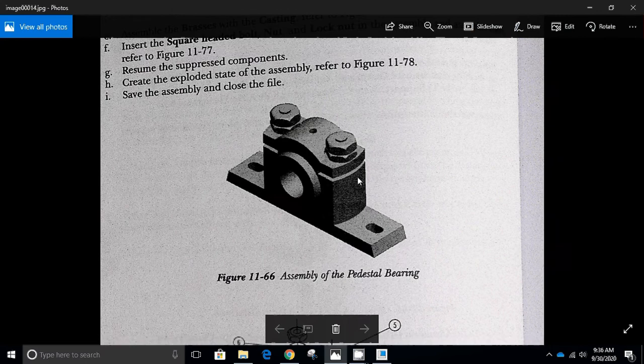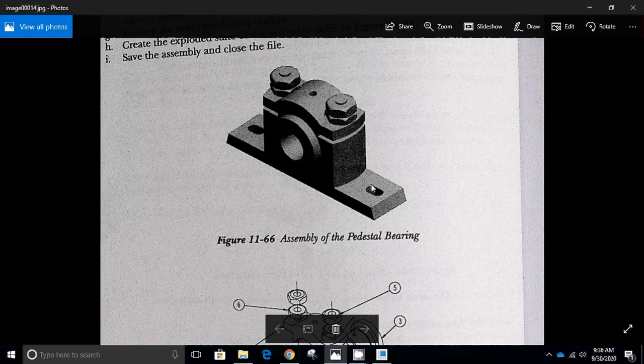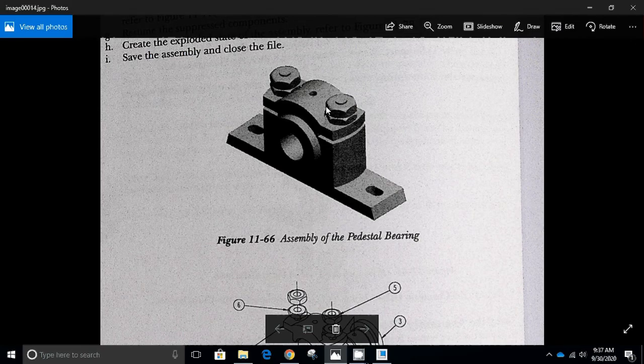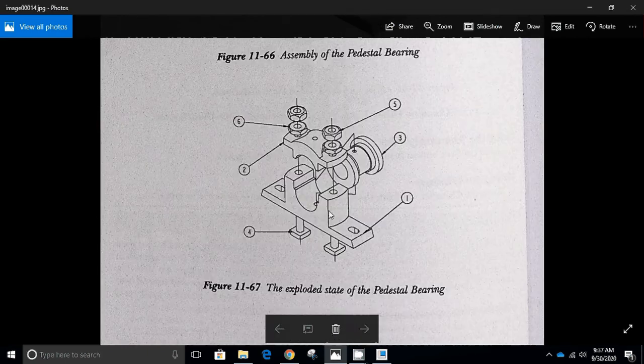So today we will be trying to complete an assembly model of this pedestal bearing. As you can see in this figure, this is a type of bearing which is used to support shafts. If I open up this page in which there is a shaft, you can see it is supported by this bearing, and there are various other pictures of the practical application of this particular pedestal bearing. Coming back to this picture, you can see this is the exploded view of